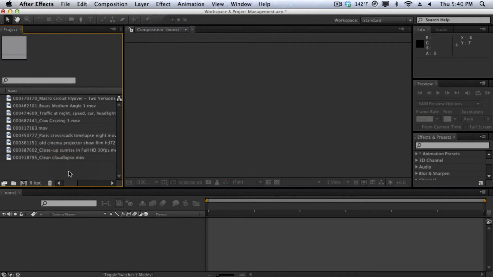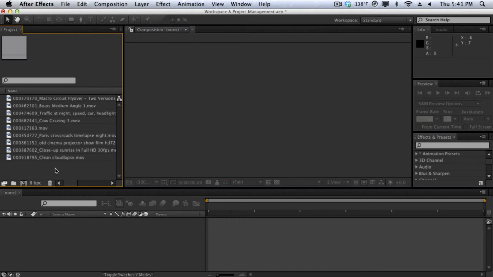Now, before you start your project, you always want to create a nice structured workflow for your project. So organization is the key. After Effects is very complex. You're going to have a whole bunch of keyframes everywhere, a whole bunch of layers everywhere, and just things are going to be very messy. So the best way to start a project is to start off very organized. And some of the best ways to organize your projects and your media assets in the project media panel is